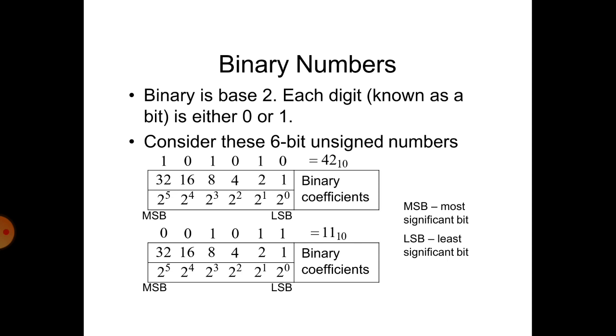101010. So here we are having 8421 codes. 1's place, 10's place, 100's place, 1000's place, like that. Here we are using 8421, and after 8 it will become 16 and 32. Like that it will be powers of 2. So 1 means 2 power 0, 2 means 2 power 1, 4 means 2 power 2, 8 means 2 power 3, 16 means 2 power 4, and 32 means 2 power 5. Here 2 power 0 is the LSB, that is least significant bit. MSB is nothing but most significant bit.